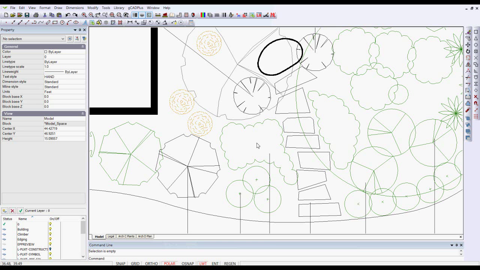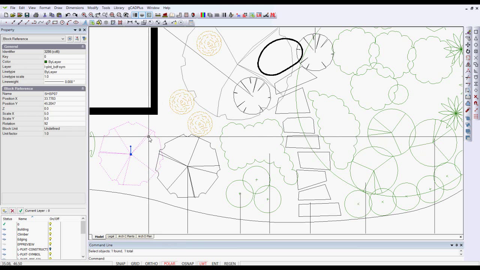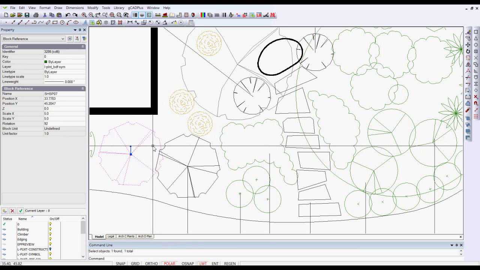It can sometimes be quite tricky to work with hybrid drawings. This drawing has some symbols in it that come from landcadd and others are gCADPlus symbols. If we look at this particular symbol here, notice that its line weight has been set implicitly at 000 and its color is being determined by layer, and it's on a layer